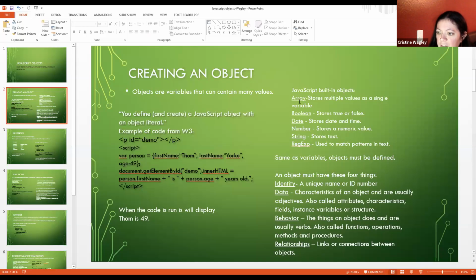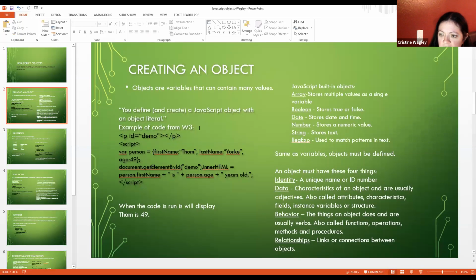But I'll share the link to this in case anyone wants the code. And I've got notes in here so that this different stuff is separated. And I will share the PowerPoint as well so that I don't have to go through all of the specific definitions because this one is pretty simple.